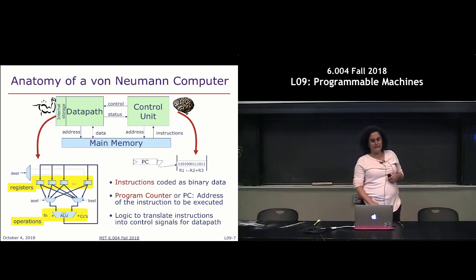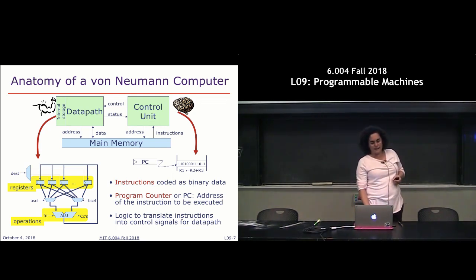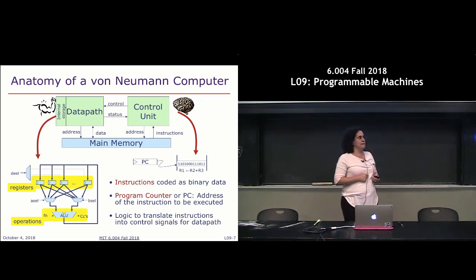On the other hand, if we're executing something in our data path and we need to access some piece of data, then that address is going to come from our data path. And so anytime the address comes from the data path, we interpret that as data. Okay? All right,